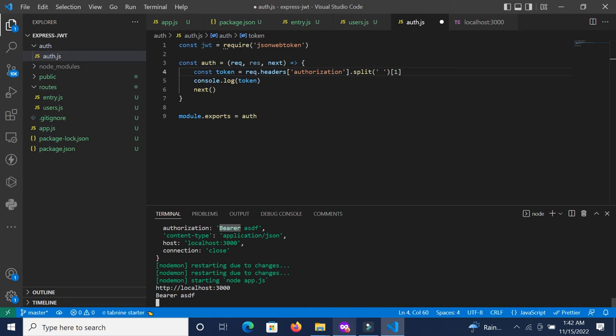We don't need it. We just need this. So we are splitting this authorization by the space, which is in the middle here, and we're grabbing this particular information, right? So we'll grab that information, and we're going to say, for instance, jwt